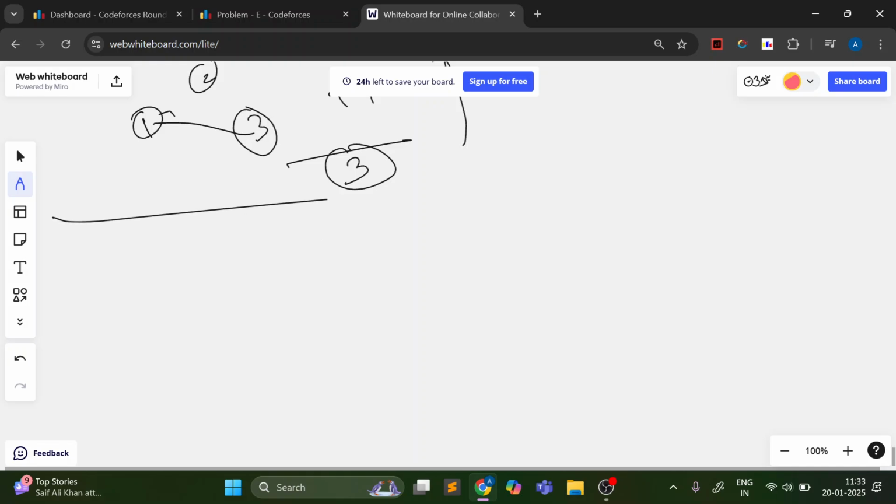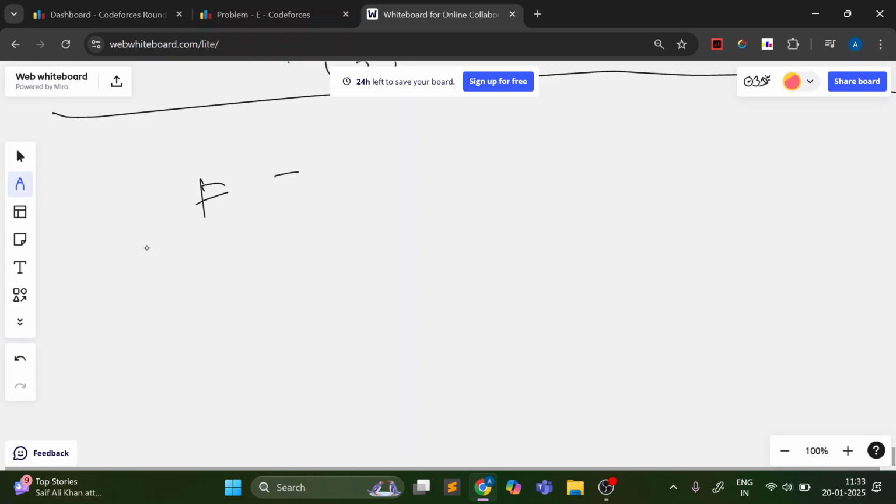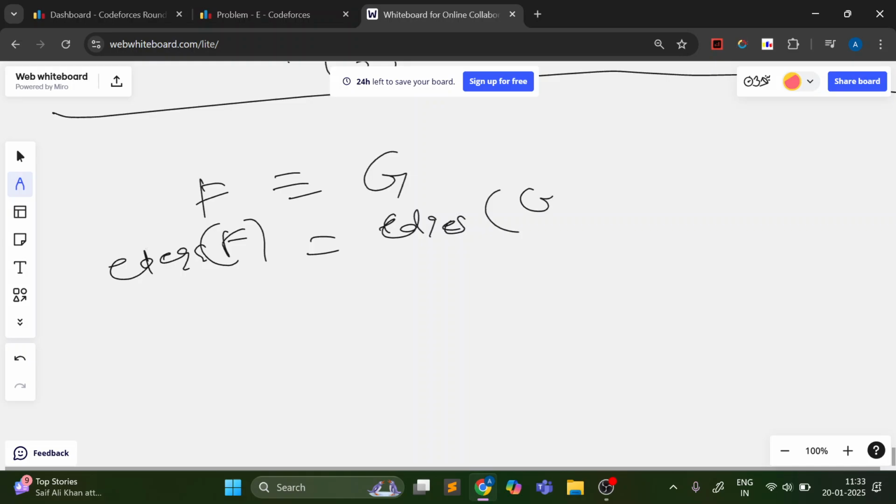Now, the first misconception of this problem is that the graph F should be equal to G itself. That means all the edges of F should be equal to edges of G. This will satisfy all our conditions, but this does not have to be always true. That is false, because